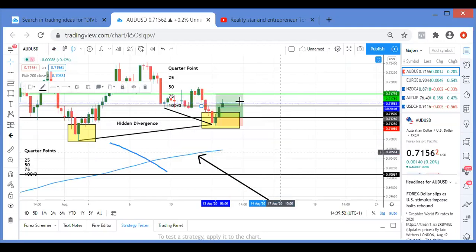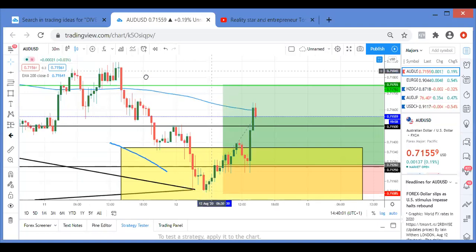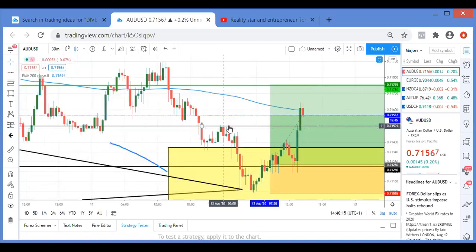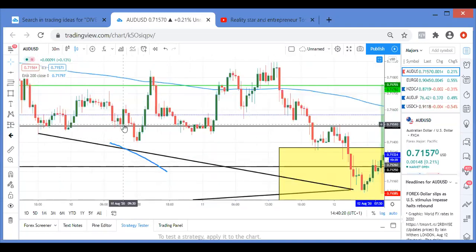Now look, it seems like this market is coming down a bit. If it comes down, I guarantee you any money, it will come down and test this 500. It might even come below it a bit, but it will continue going up. Look to the left. Can you see how it respected here? Respected here.